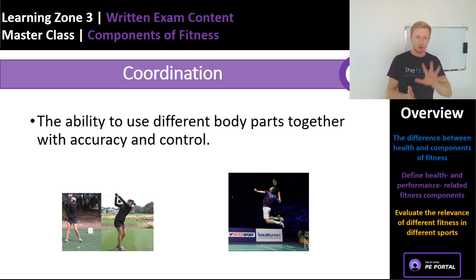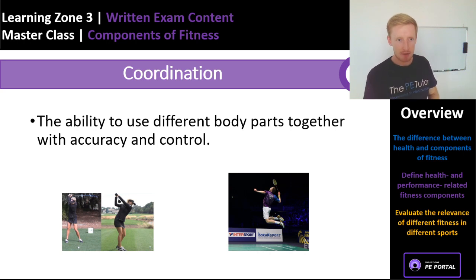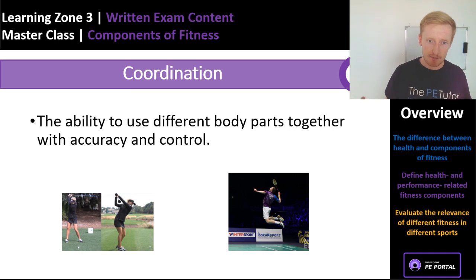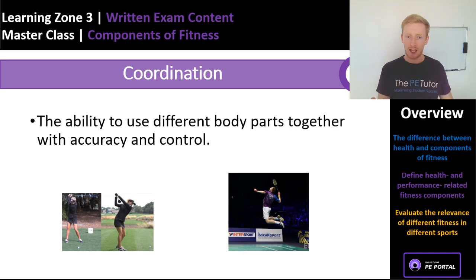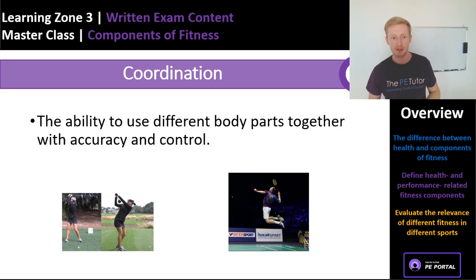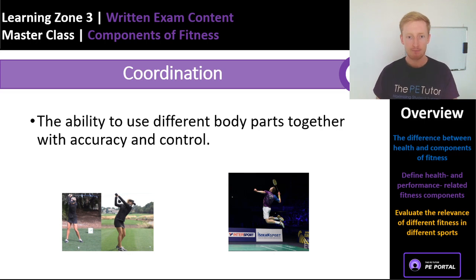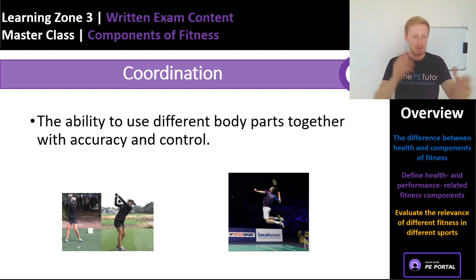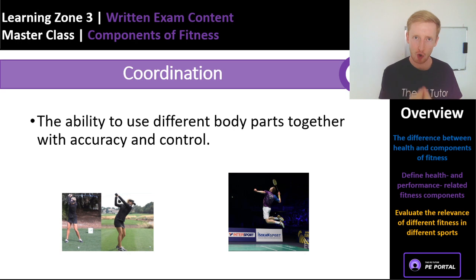Coordination. So we've got golf swings here and a badminton smash. The ability to use different parts of our body together accurately with control. Can we bring about a sequence of events that culminates in a predetermined contact point? For golf or badminton, it's the object hitting the second object. Can we make them collide at the right time, at the right angles, the right application of force